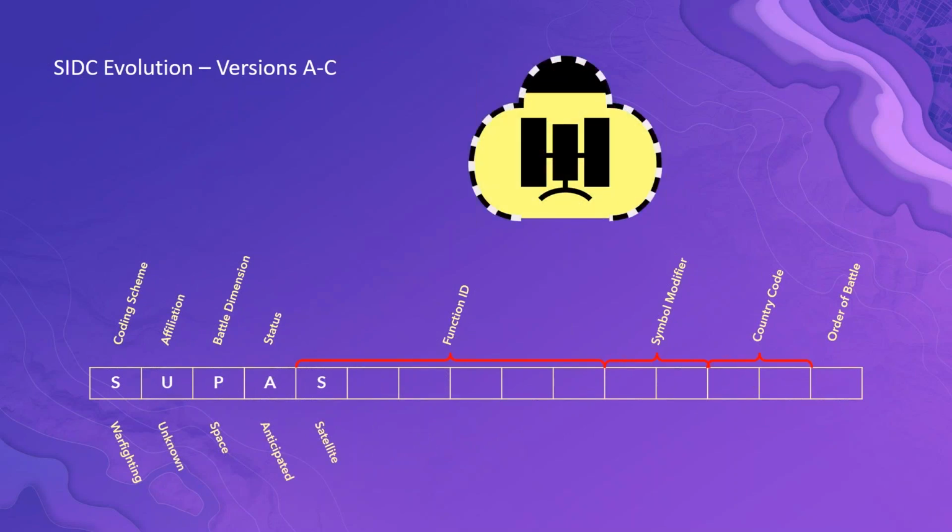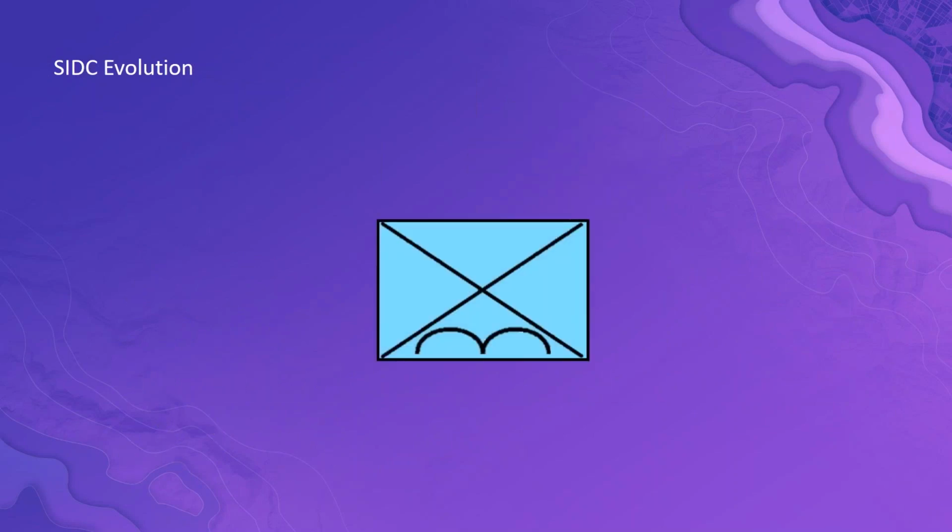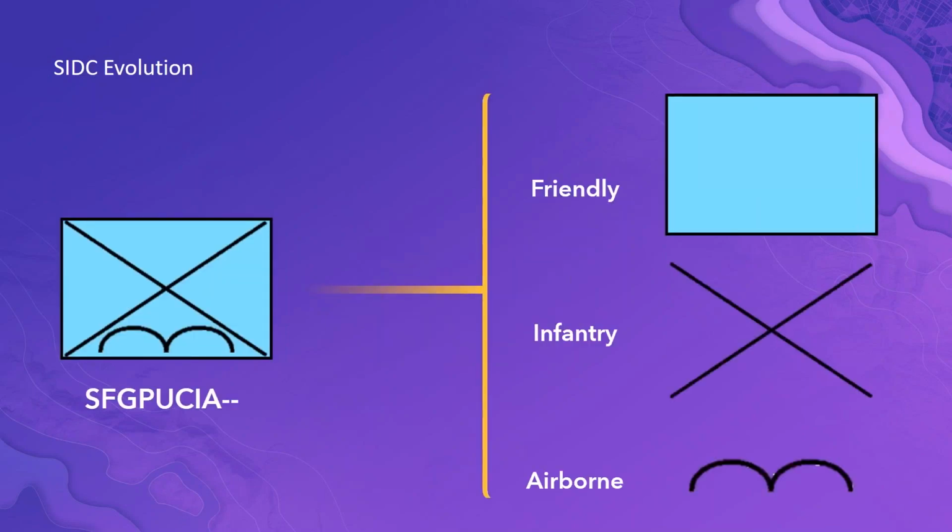However, the committee was having trouble creating new symbols constantly and keeping up as technology and doctrine evolved, and they decided to redesign the entire topology. So at the D version of both standards, they decided to break the symbols into components and allow users to create their own kind of a la carte symbols. So here's the complete symbol from 2525C for a friendly airborne infantry unit. But when we break it into its components, we have a friendly frame, an infantry main entity, and an airborne